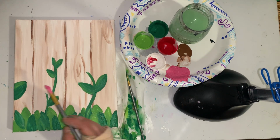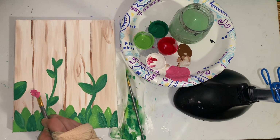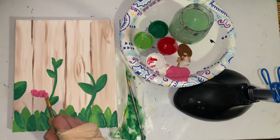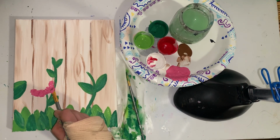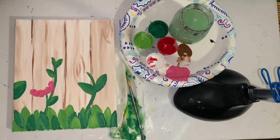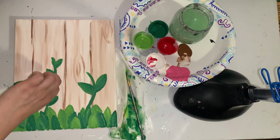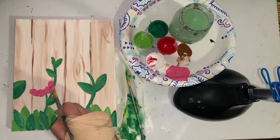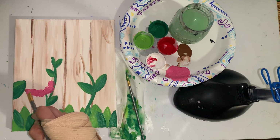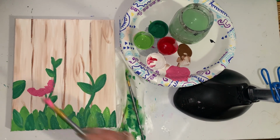I have my nice dark pink. I'm going to make almost a U shape, but I'm also going to be jumping with my brush. So I'm going to make a U shape like so, but I'm just jumping up and down with my brush. And look at the size of that, the bottom part of your hydrangea. It's not too big. You want to make sure you don't go too big, but again, it's a little bit of a curve, almost like a smiley face even, but I'm just jumping up and down with my big brush